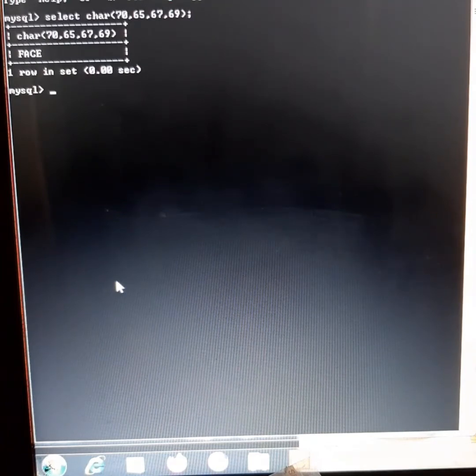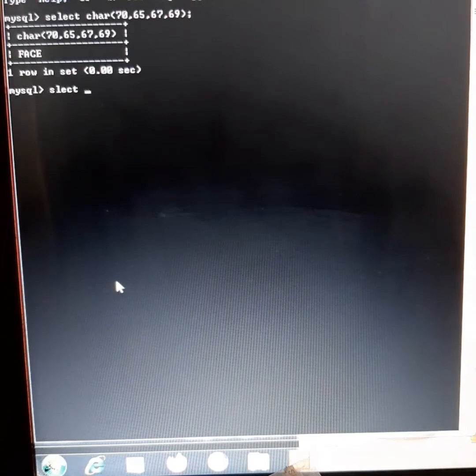Example 2 is using the ASCII codes 65, 67.3 and 68.3. Even if we put in single quotes, the .3 will be neglected and only integer values will be taken.